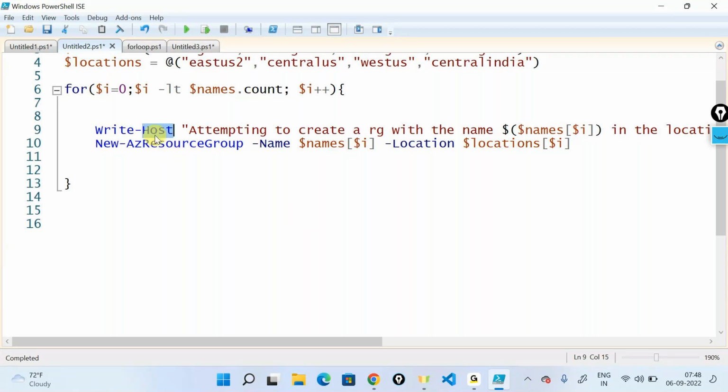The question here is, if I go with the string attempting to create an RG with the name so-and-so in the location, we have already declared the location and we have already declared the host name. Correct, you already declared the name, that's right. But my question for you is this: